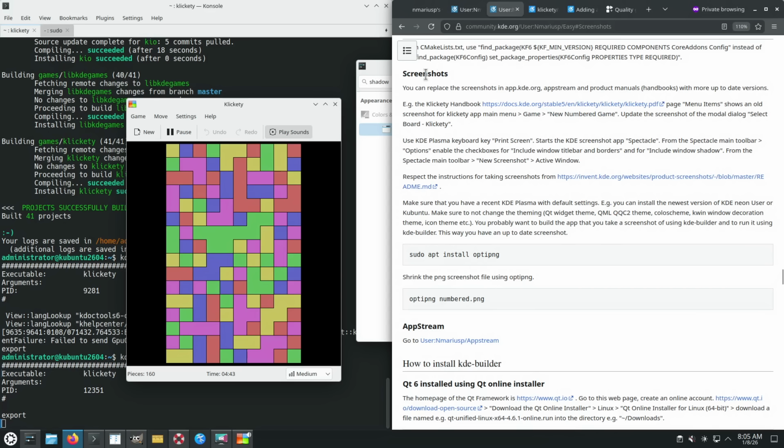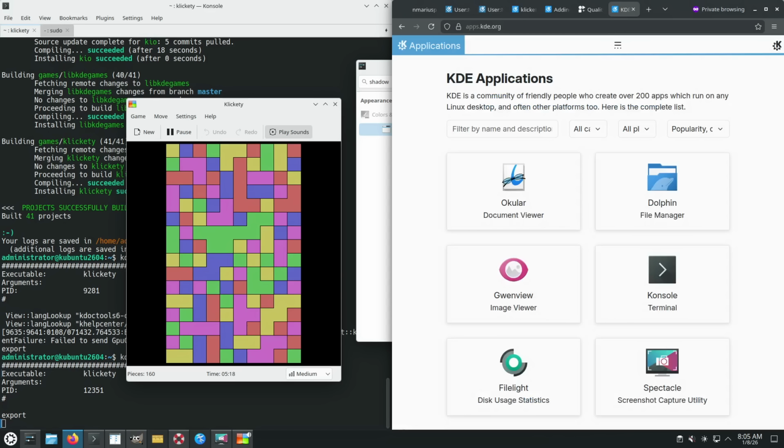So this is it. This is how to improve screenshots. This is an easy way of contributing to the KDE community, a fast way to create merge requests. I'm sure that you can find a random application on apps.kde.org that uses Qt widgets, XML GUI, and has a product manual. In here,